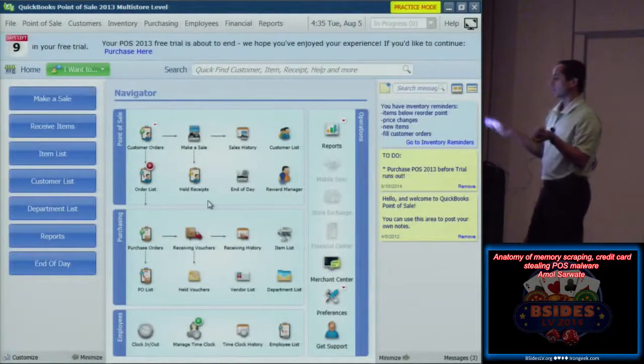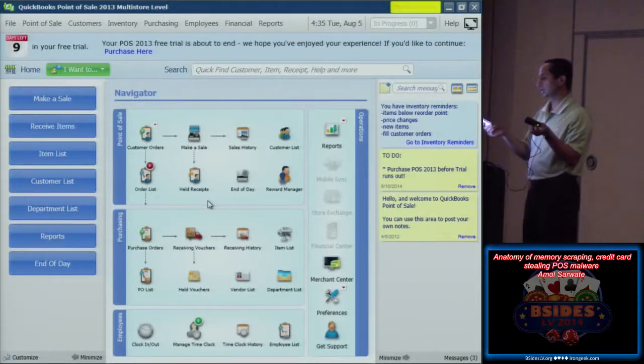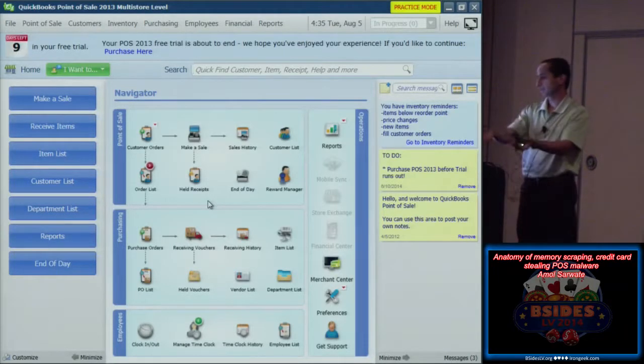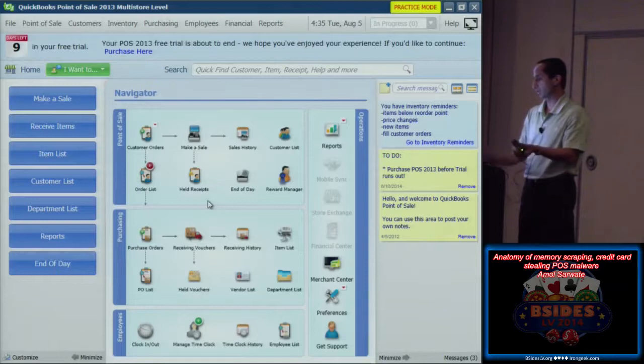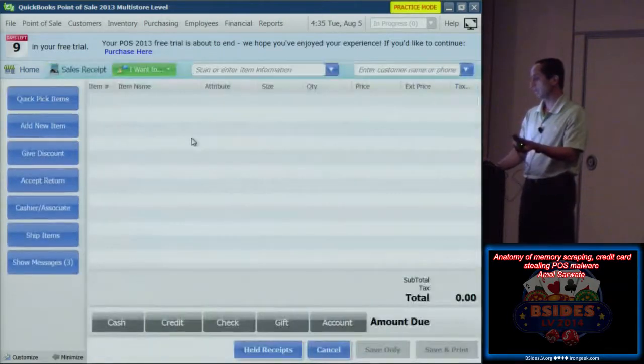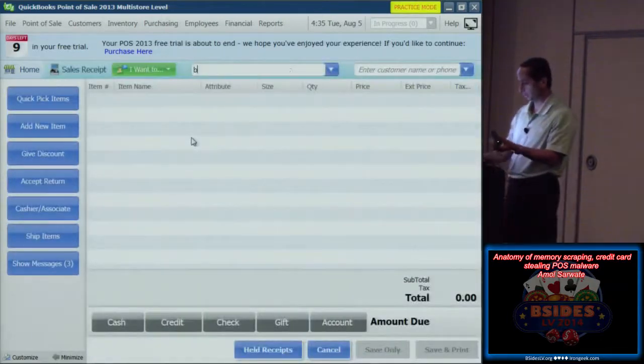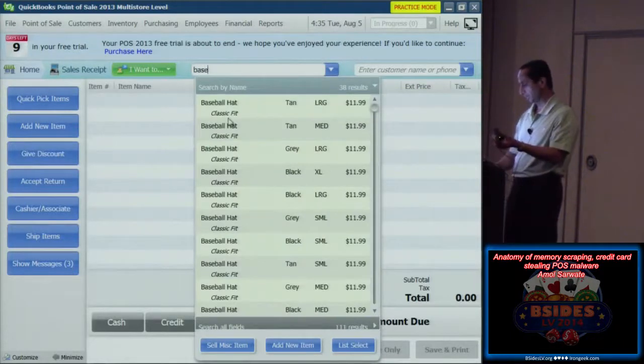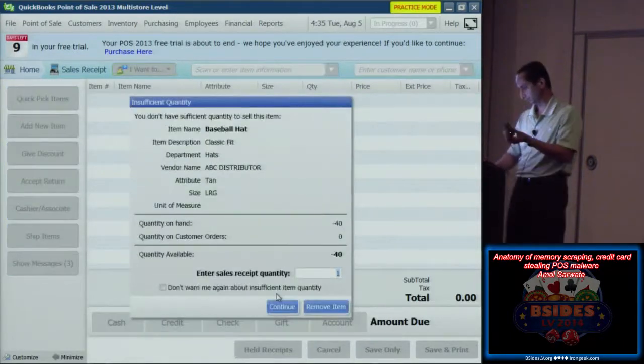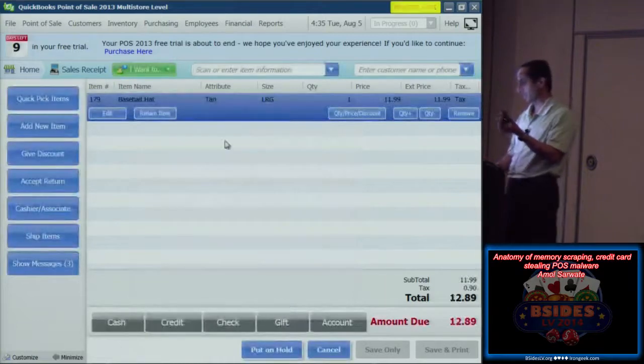So a customer comes in, and just imagine he or she has bought a few items. So what I'll do is I'll make a sale. I'll say, okay, what do you have here? Let's say something with baseball. So they purchased a baseball hat. Let's say they purchase, what else do you guys want to buy?